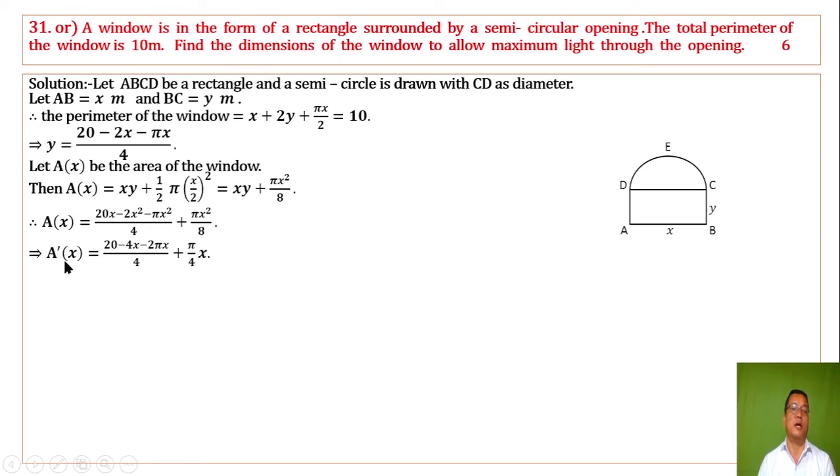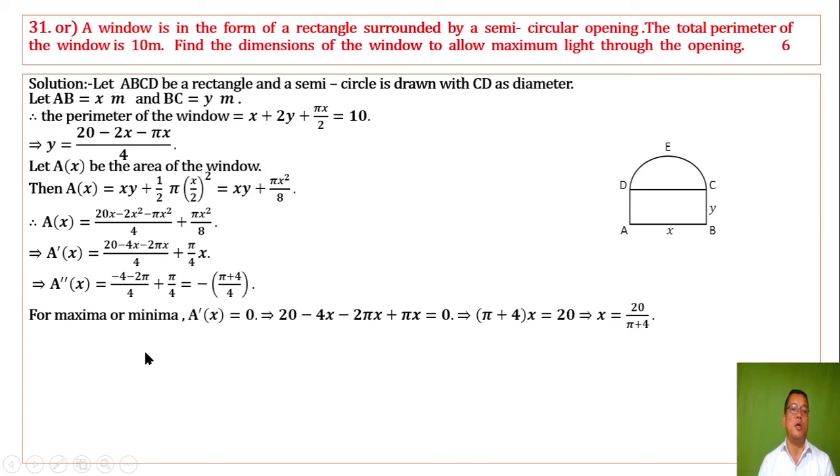We get this. Taking derivative with respect to x, and again taking derivative A'(x) with respect to x, we have this. For maxima or minima, A'(x) equal to 0 implies this, from which we have solved x equal to 20 by pi plus 4. When x equal to 20 by pi plus 4, A''(x) is less than 0, it is always